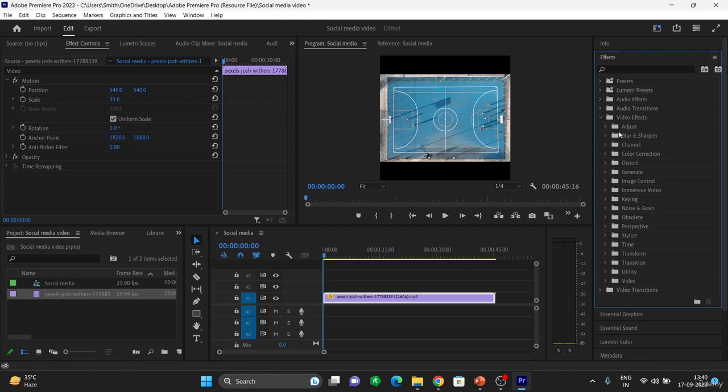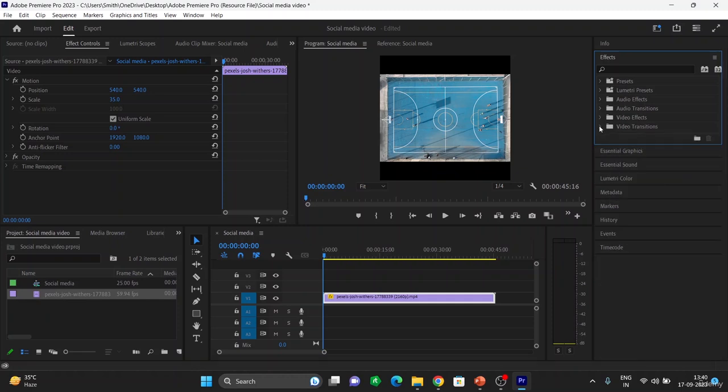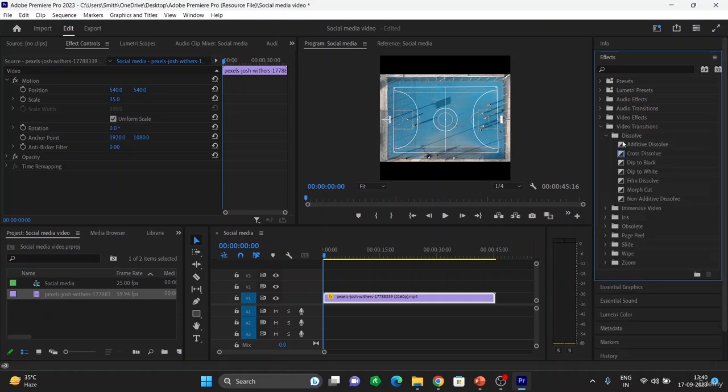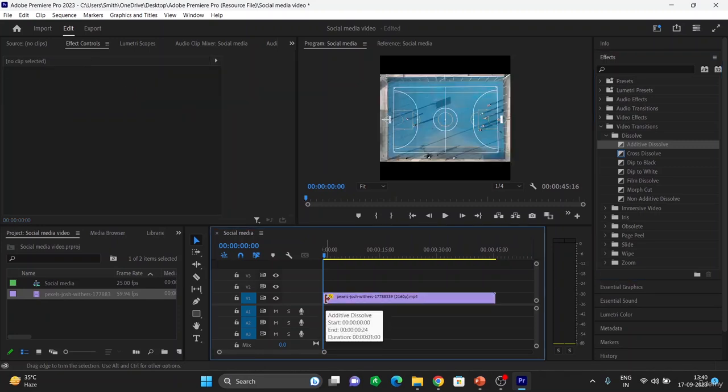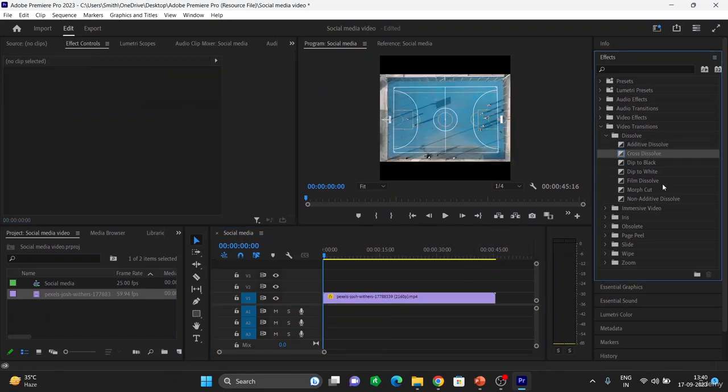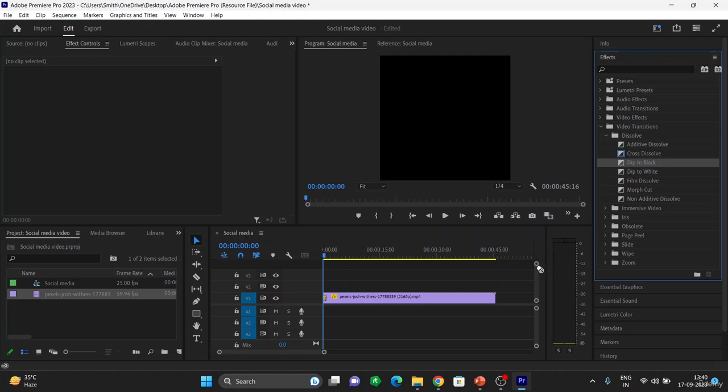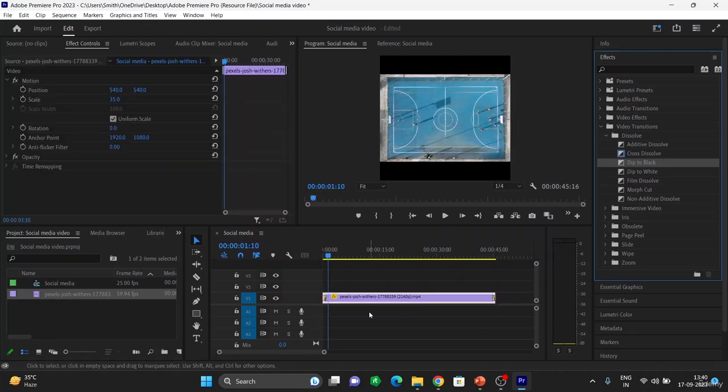And from the video effects, I'll go to the video transitions. So go to the video transitions, additive dissolve, bring this one somewhere here. Or instead of this one, I'll select this, delete. I'll select the cross dissolve, or dip to black. So I will bring this one here, and again this one here. So now let's try to play this video. Here you can see